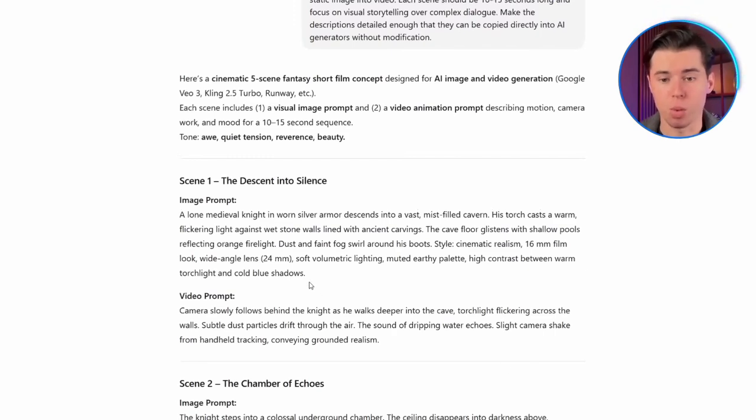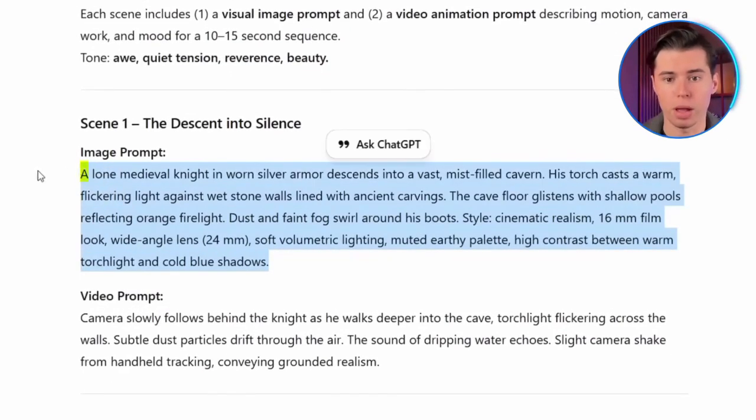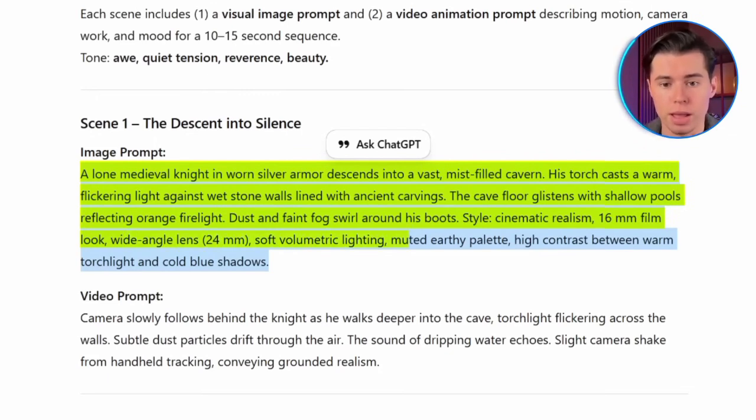Let me show you with scene 1. ChatGPT gave me this complete prompt. A lone medieval knight in worn silver armor descends into a vast, mist-filled cavern. His torch casts a warm, flickering light against wet stone walls lined with ancient carvings. The cave floor glistens with shallow pools, reflecting orange firelight. Dust and faint fog swirl around his boots. Style, cinematic realism. 16mm film look, wide-angle lens, 24mm, soft volumetric lighting, muted earthy palette, high contrast between warm torchlight